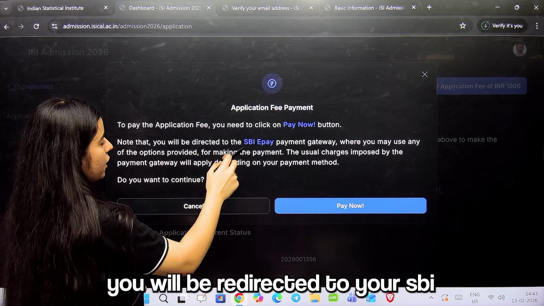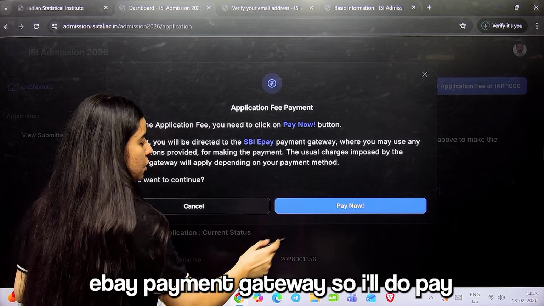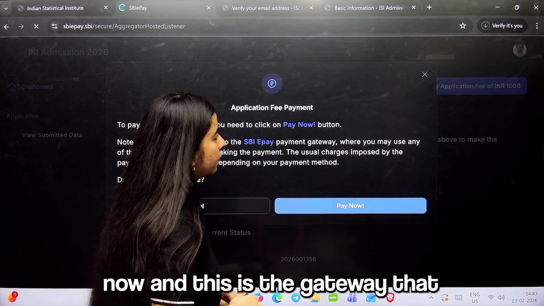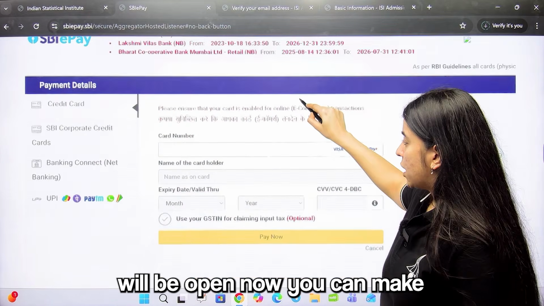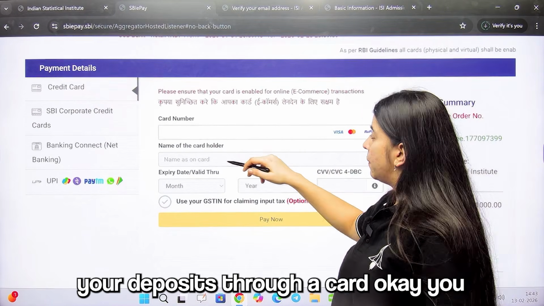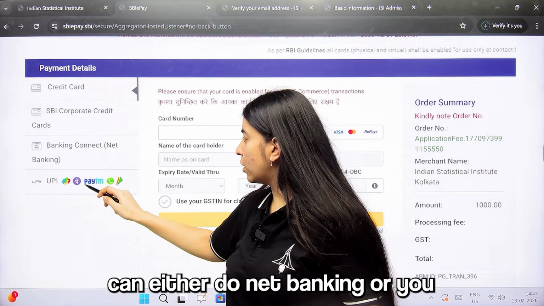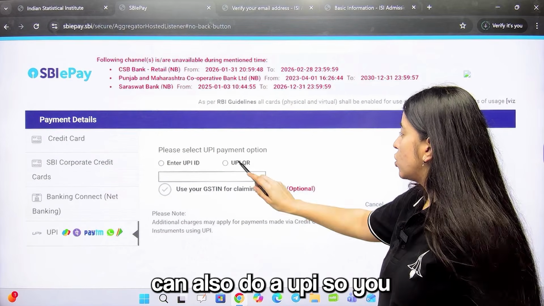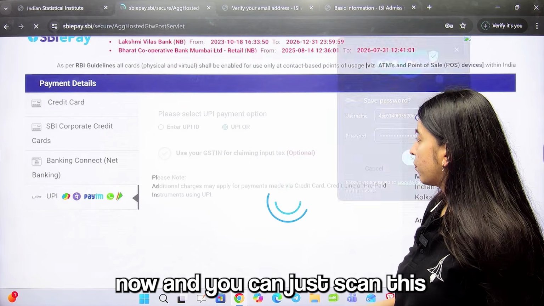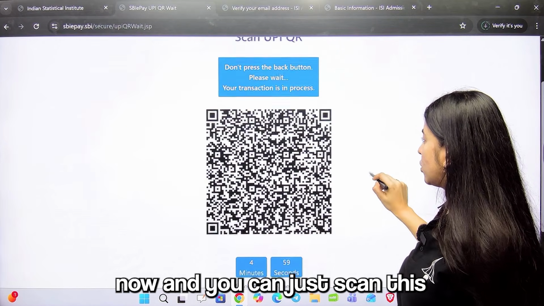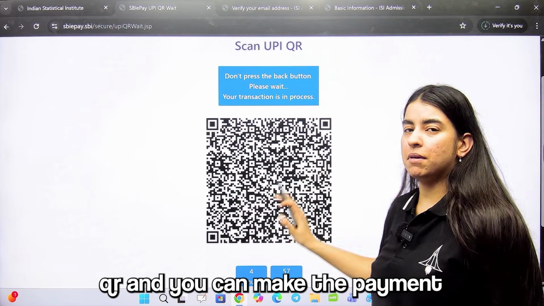Note that you will be redirected to the SBI ePay payment gateway. So I'll do Pay Now. And this is the gateway that would open. Now you can make your deposits through a card, net banking, or UPI. So you can open UPI QR, Pay Now, and just scan this QR and make the payment, okay.